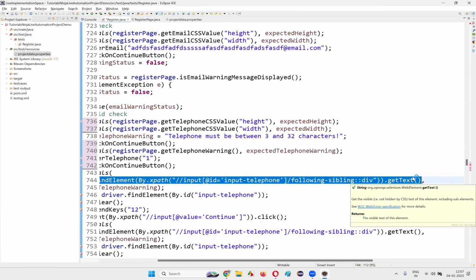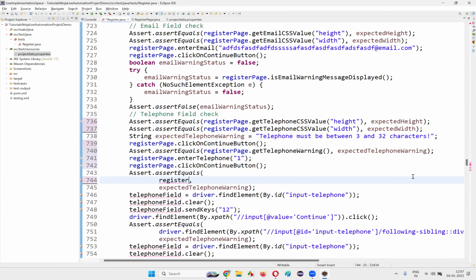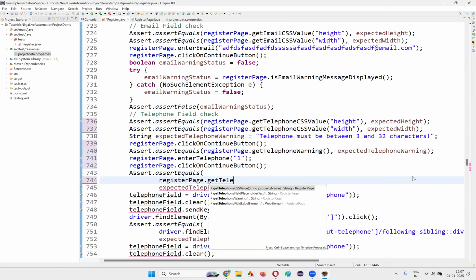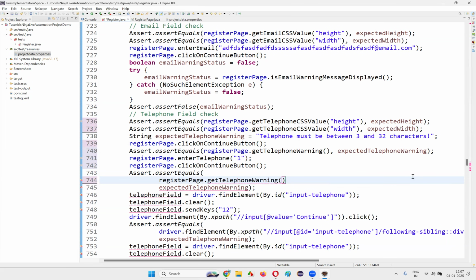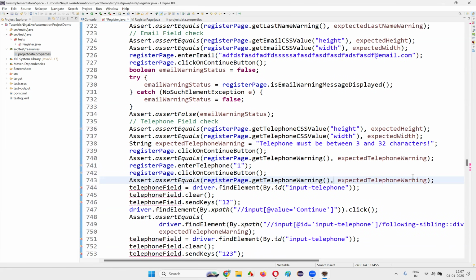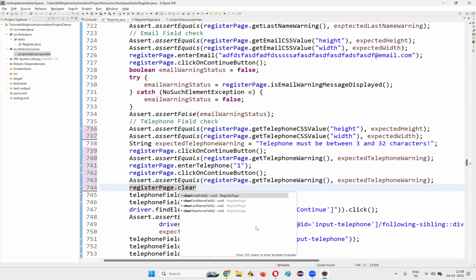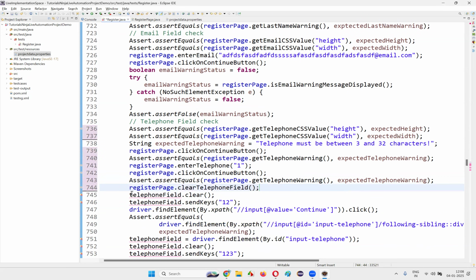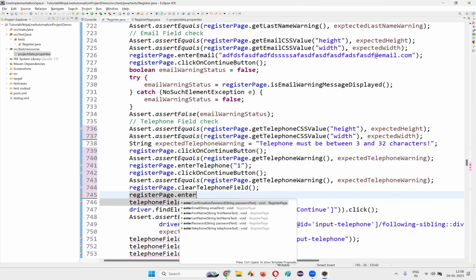Here remove this, register page dot get telephone warning. Control Shift F, done. Then here this line is not required. Register page dot clear telephone field. Then register page dot enter